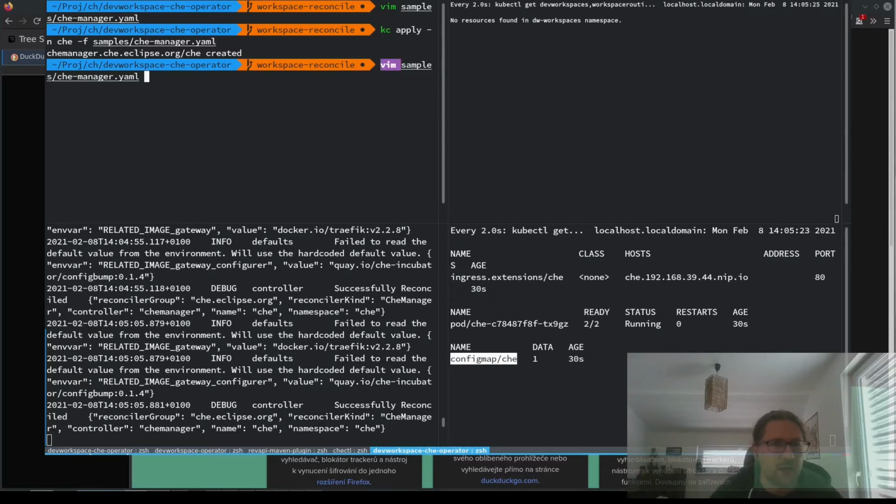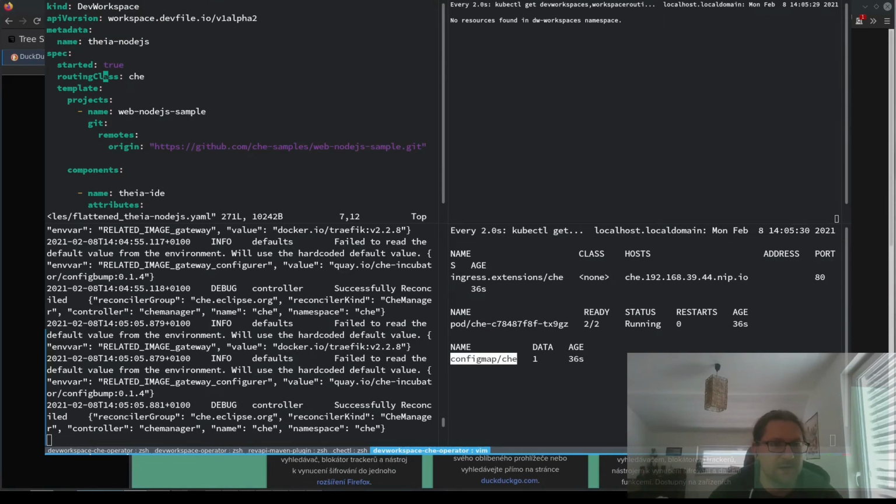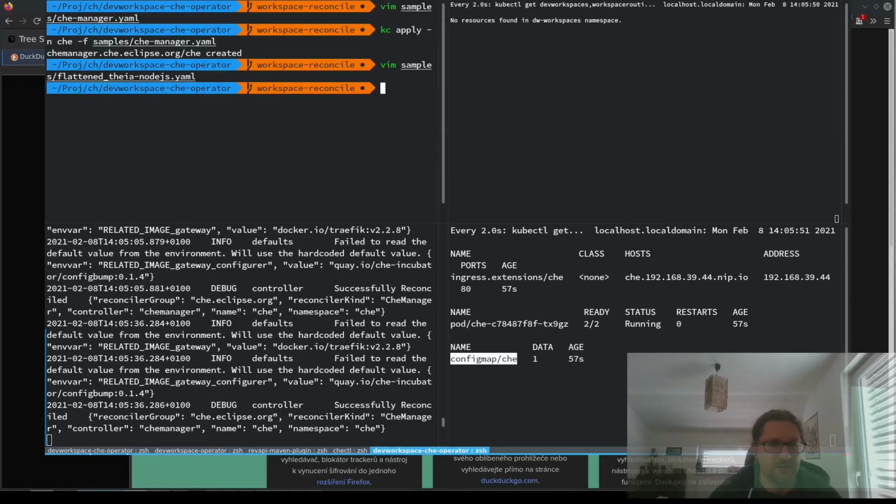So if I'm going to be deploying this Devworkspace object, which is basically just a sample taken from the Devworkspace operator samples, and the only change there is this added routing class Che, which basically tells that this is going to be a Che workspace and is going to be governed by the Devworkspace Che operator. So if we apply that instead, like this,